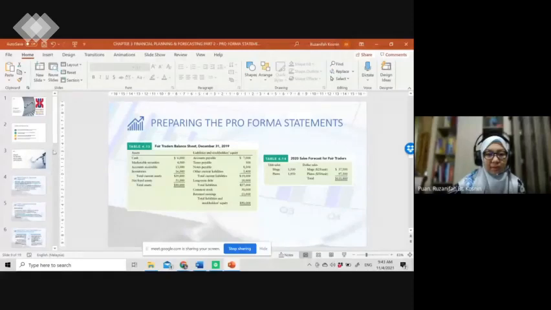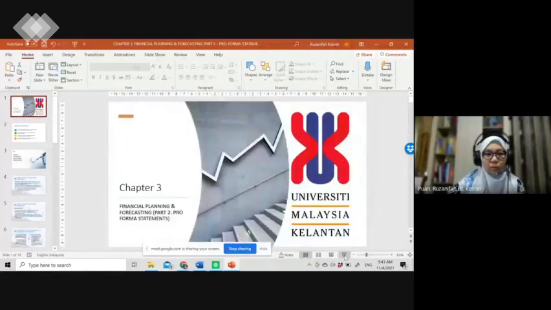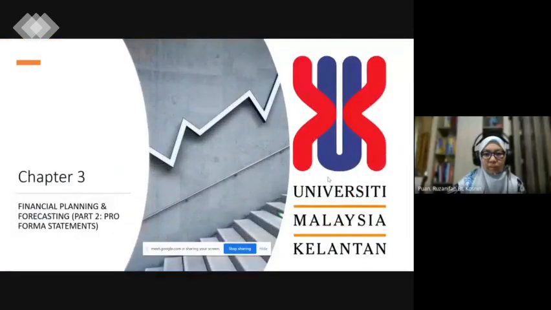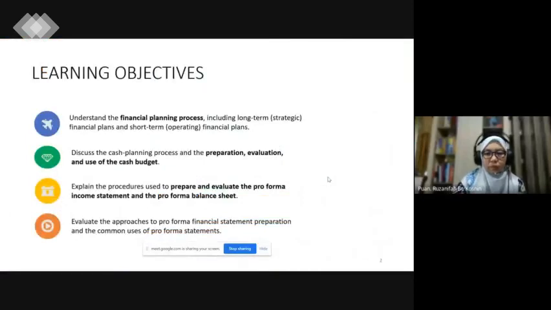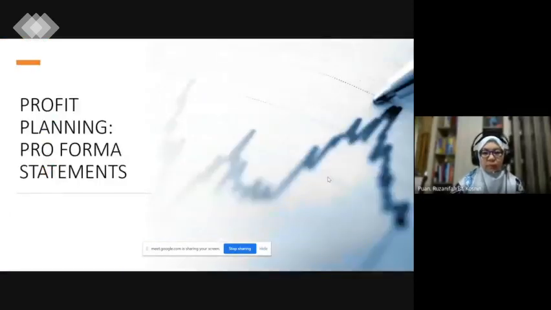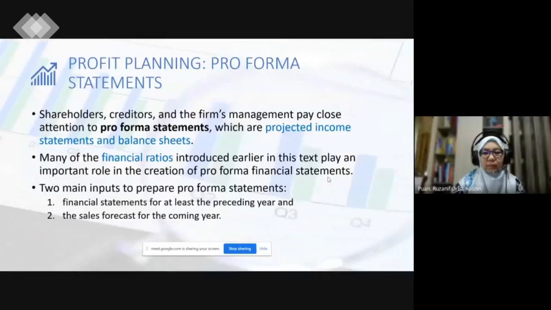So hari ini kita continue dengan chapter 3 part 2, right? So previously we already learned about cash planning, which is we do cash budget. So now we turn into preparing a proforma income statement and balance sheet. Yeah. So proforma statements,